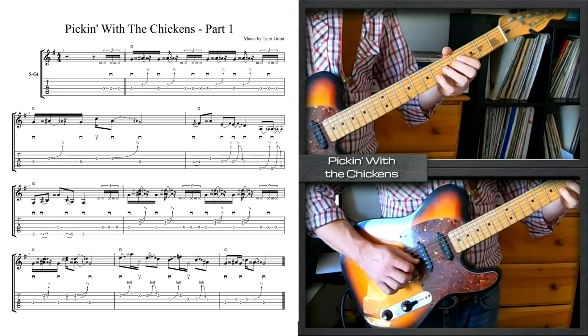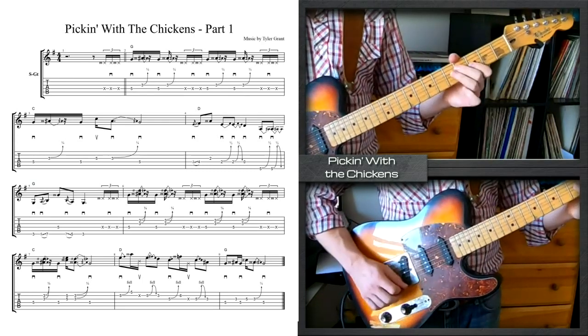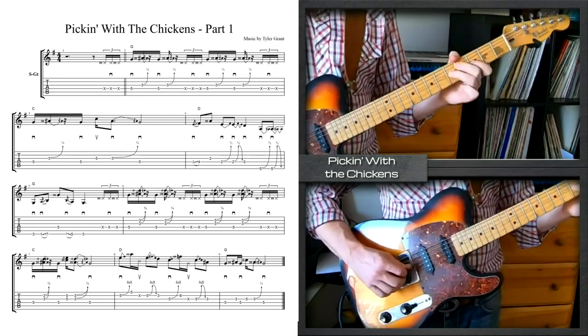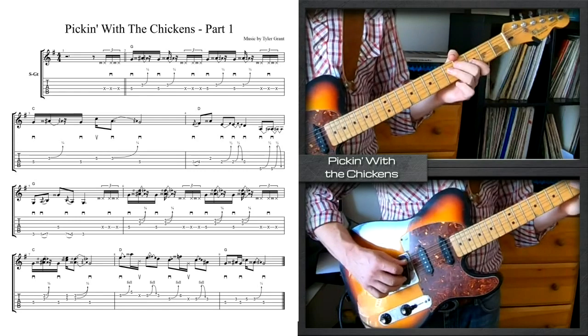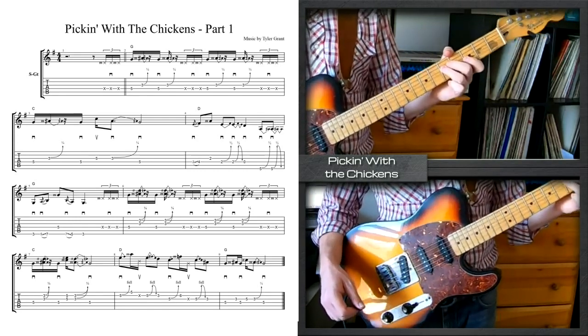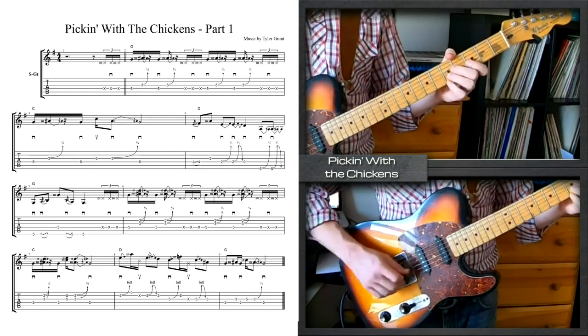And then, same thing there. Whole step bend, release. And where do you land? Right there on the root note, of course. So, this measure sounds like...